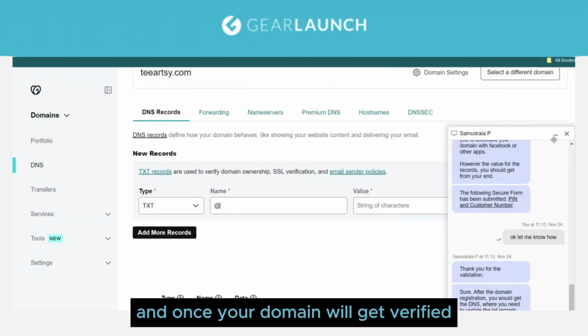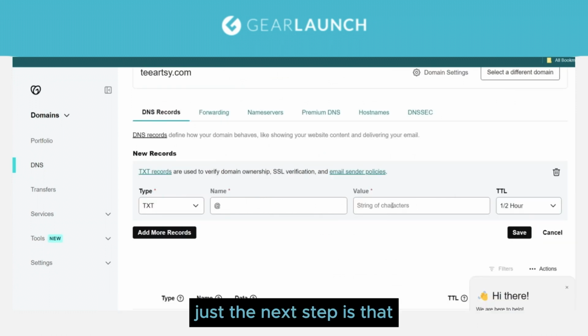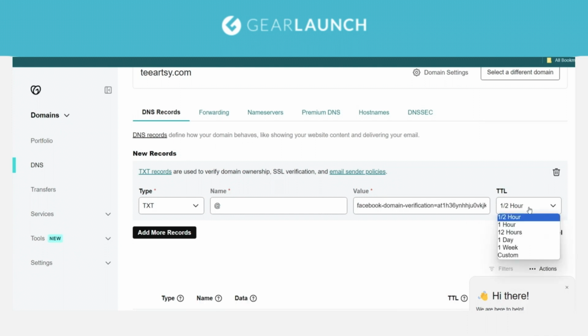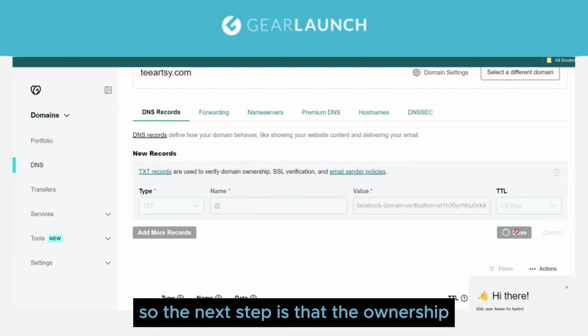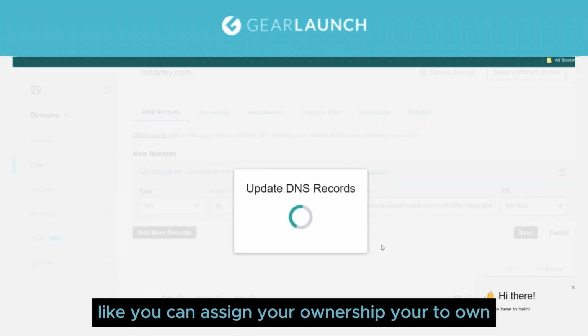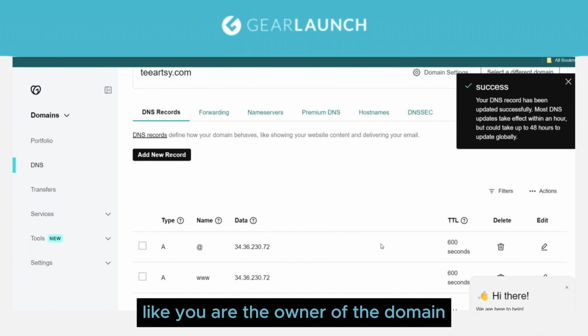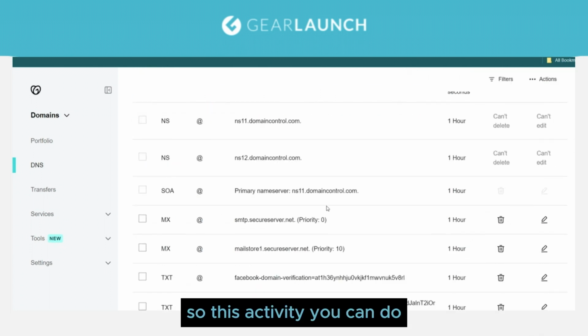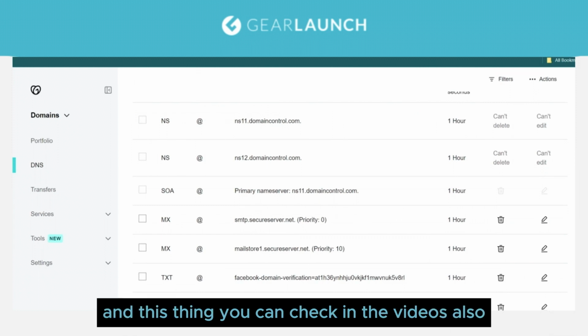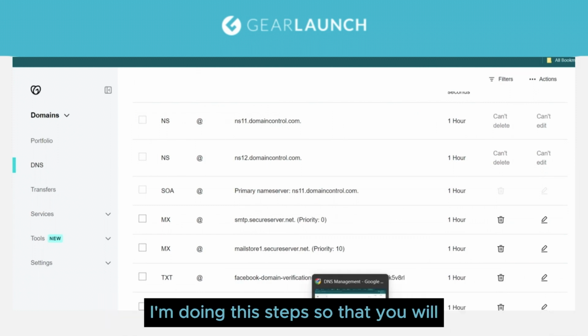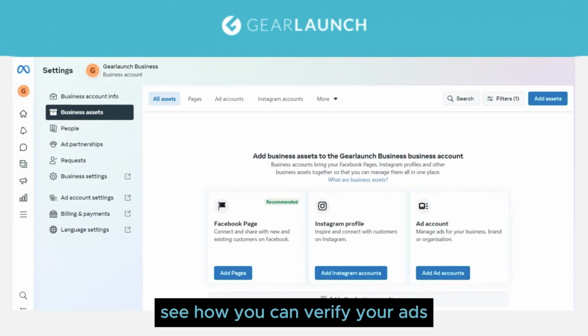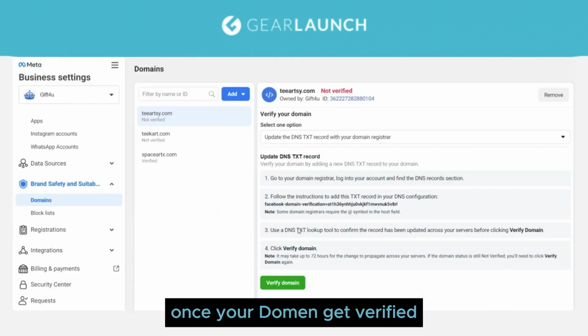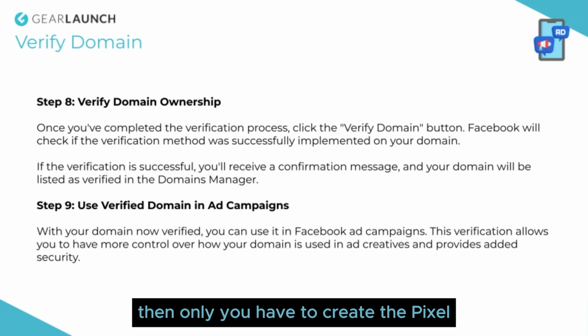And once your domain gets verified, the next step is the ownership, where you can assign ownership to yourself as the owner of the domain. You can do this activity, and you can check this in the videos also. I'm doing these steps so that you will see how you can verify your domain. Once your domain gets verified, only then do you create the pixel. So now let's talk